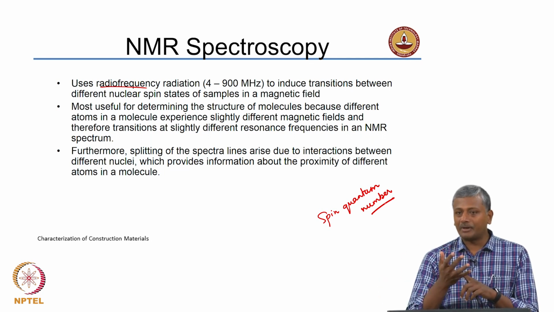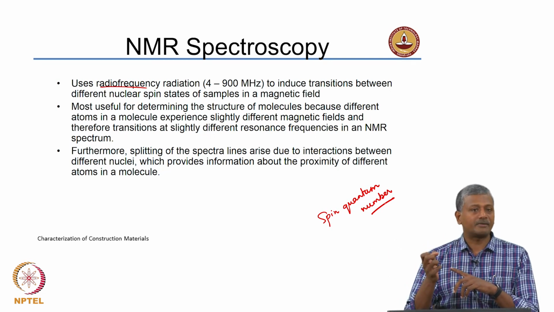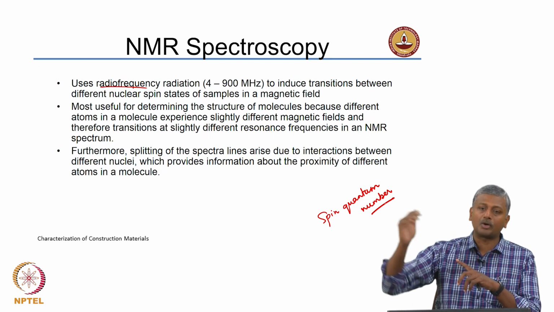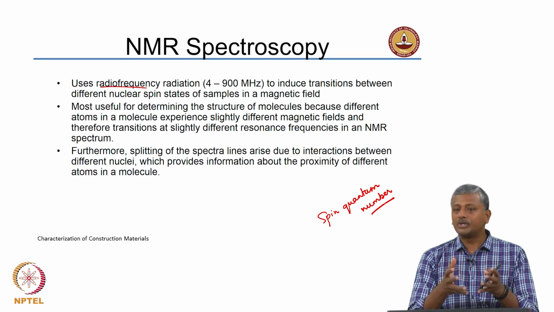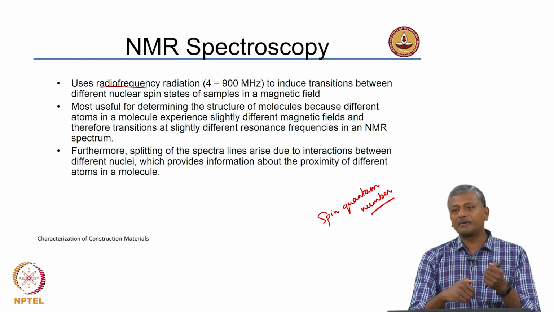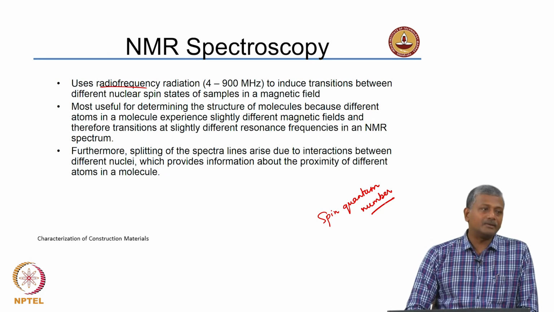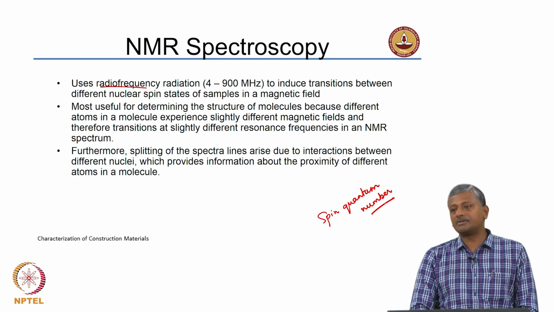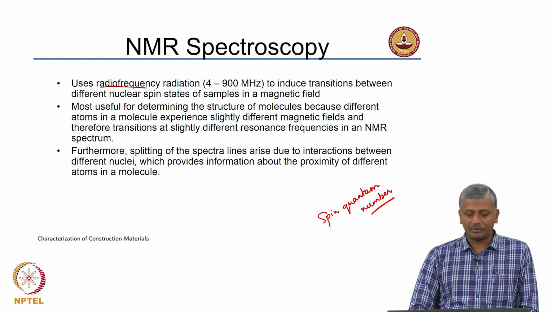So, once again to recap, atomic absorption and ultraviolet visible light led to promotion of outer shell electrons to higher orbitals, whereas your IR radiation had energy only capable of introducing molecular vibrations. Now, we are talking about radio frequency waves that have much longer wavelengths. As a result, the energy level is even lower, and they are not able to induce all those kinds of transitions that the previous examples had. So, here we are only inducing transitions which are related to the spin of the nuclei when you have a magnetic field applied to the system.